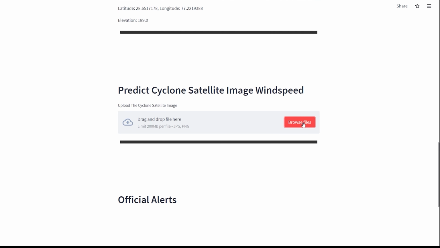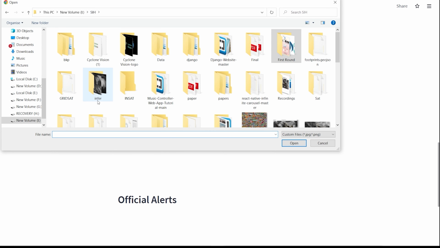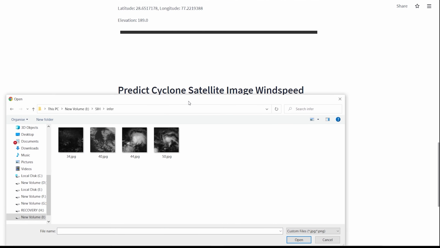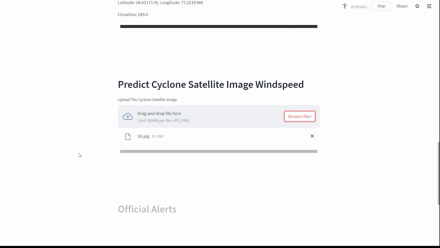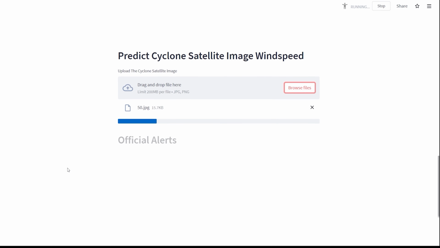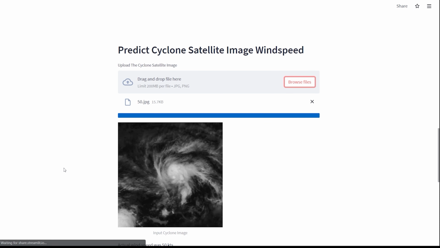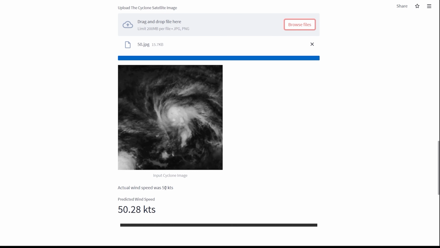To show that it is working, we can just upload our satellite images. Let's say we upload this, and it is running the inference script right now, and here it is. So the actual wind speed in this satellite image was 50 knots, and the wind speed predicted by the model is about 50.28, which is pretty close to what the actual was. So the model is working as expected,